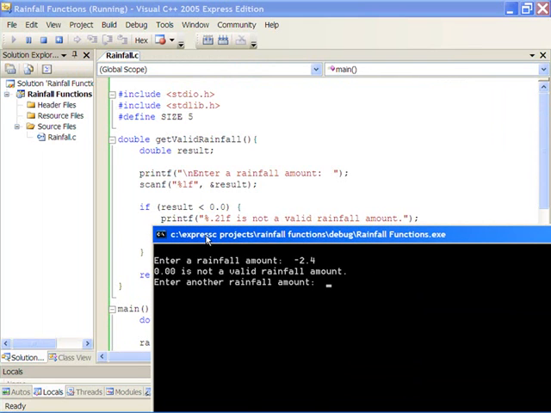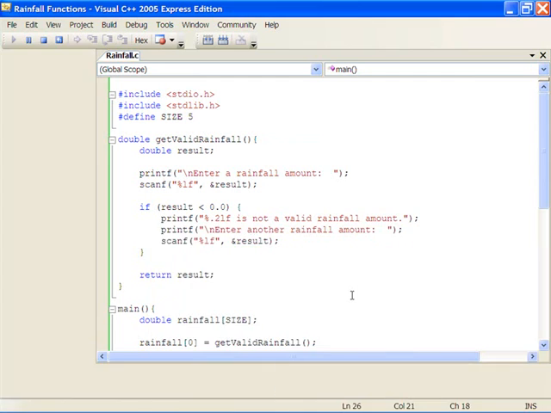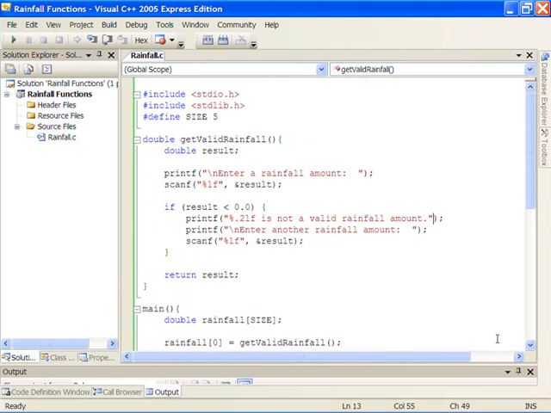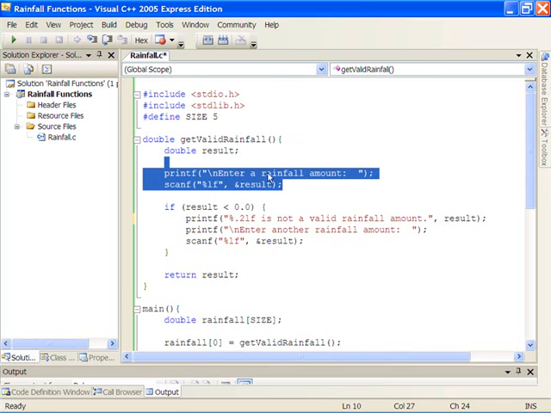And here's another problem. Suppose I enter another negative number right now, negative 3.1. Well, it's happy with that negative number when it wasn't happy with the previous negative number, and that's a problem. So let's fix these problems. The first one is output the value to match this %.2 LF. And what's the other problem? Well, we got a negative number there,